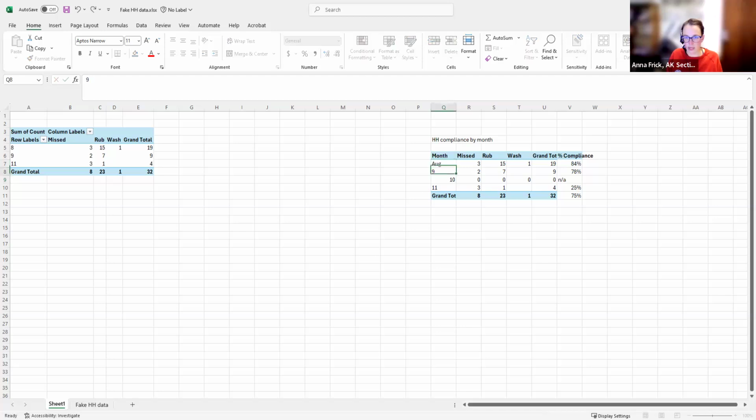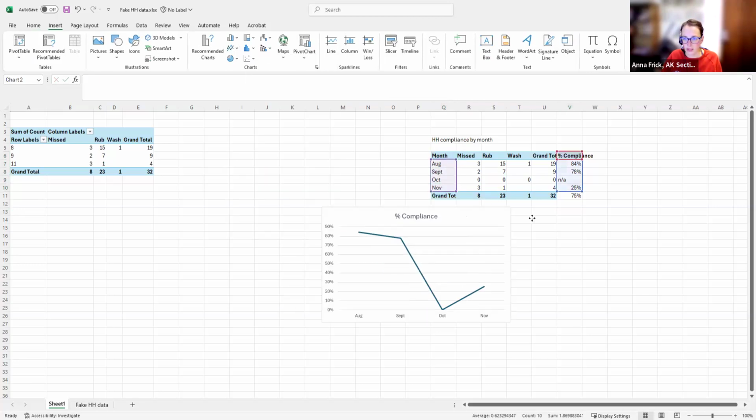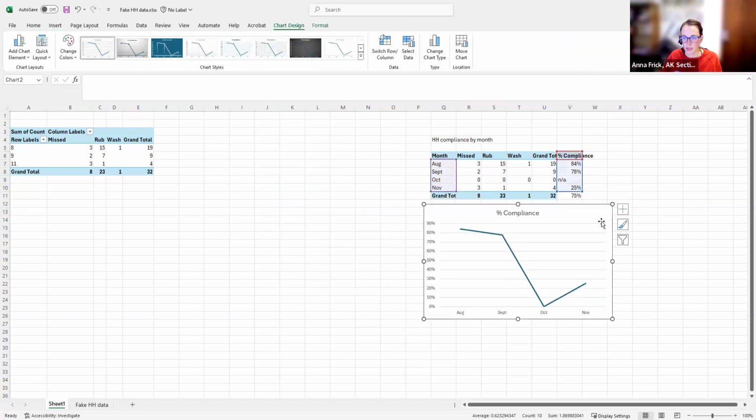And I'm going to relabel these as months. And now I'm going to remake my time series. There we go. That time it went much better because Excel found that to be a much more workable package of data.